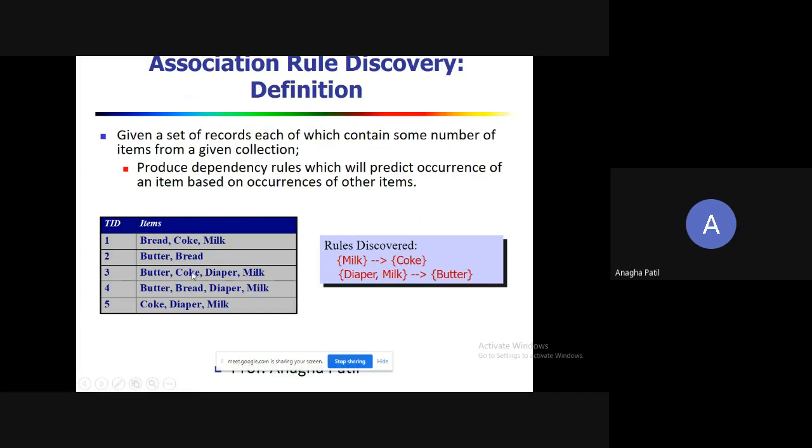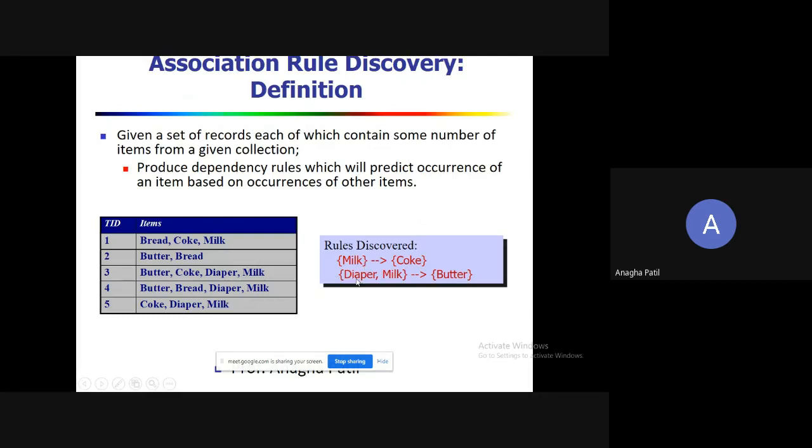See, in transaction 1 and transaction 3, obviously there are certain algorithms with which we can discover the rule, but just looking at this data set, we can see that wherever milk appears, coke also appears. So we have discovered a rule saying that milk determines coke. This indicates that a customer who buys milk is more likely to buy coke.